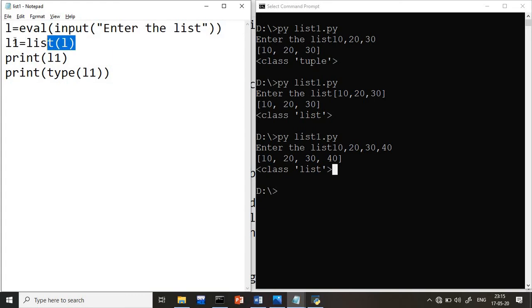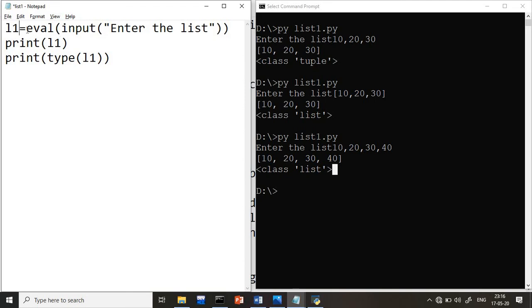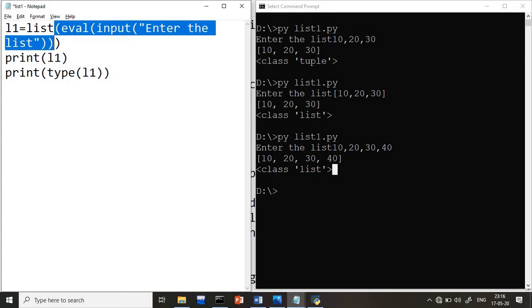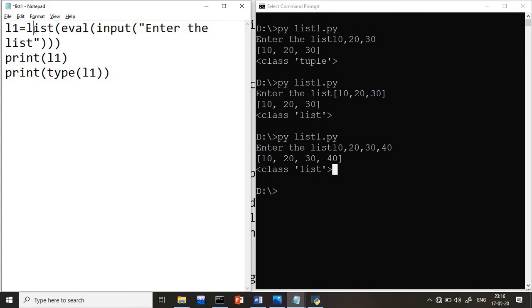Yes. So what you have to do here, I will remove this line. Here only I will add L1, and this complete entire statement I will put inside the list bracket. You have to close it. So what will happen? First you will read the data in the form of tuple, and the tuple is converting into the list. Don't get confused, guys. Tuple is nothing but what? When we do not pass the square bracket, it will convert in the form of tuple. So that's why, now I want to convert that data. Now save and just see the output.